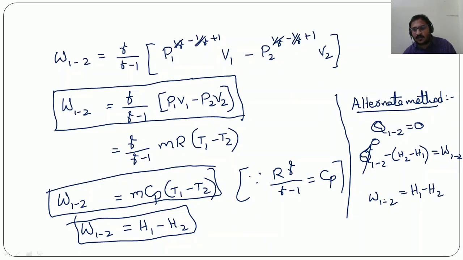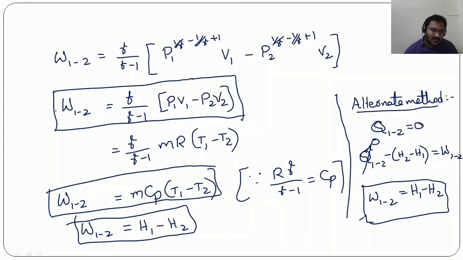So by this method also you can do, but why I have done this total derivation is this equation is very important for us, because when we are taking air compressors, turbines, everywhere we will come across this equation. All those devices are open systems. For open system, the formula for work done in isentropic process is gamma by gamma minus 1 into (P1 V1 minus P2 V2). So this formula is very important for us.